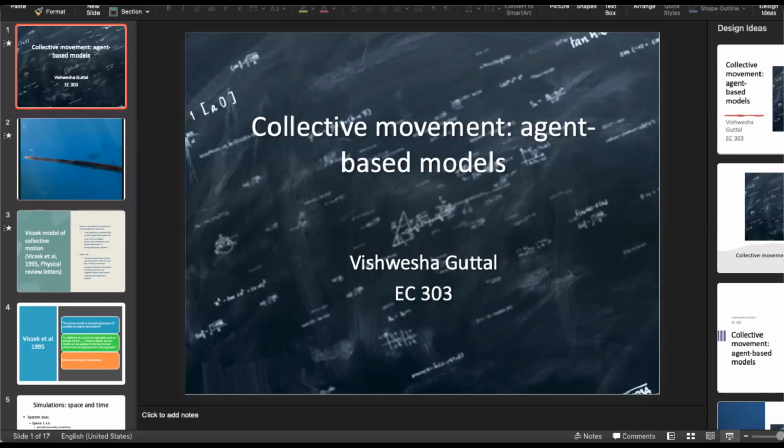Okay, so the motivation for studying collective movement comes from a phenomenon that we observe in nature, where you see that a large number of organisms come together, they group, and they move in various types of highly coordinated ways, as if they have a single mind. There are many functions of being in groups. In this example, you clearly see that there may be something to do with evading predatory attacks.